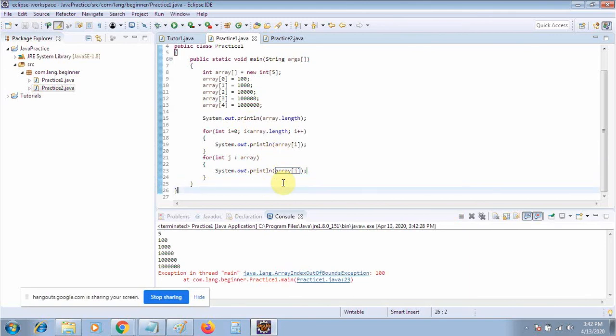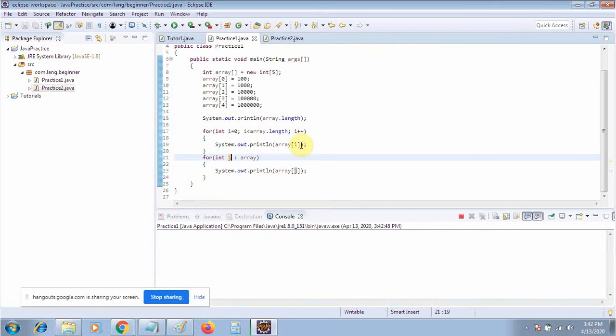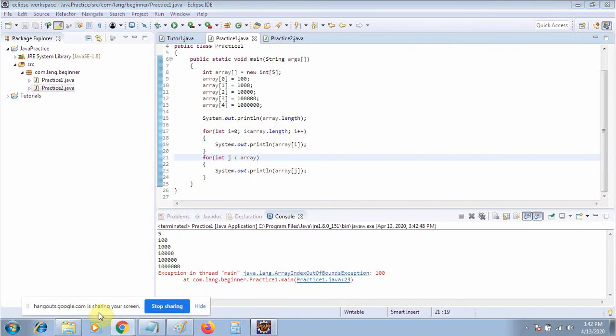Yes, array index out of bound, etc. It will appear when the size is more than what you have given. Whenever the memory size goes out of index, you will get this kind of error.